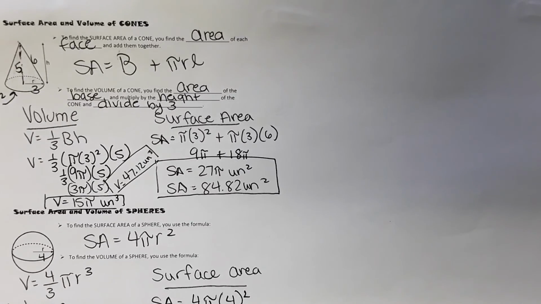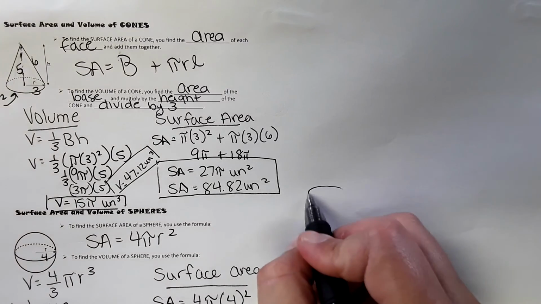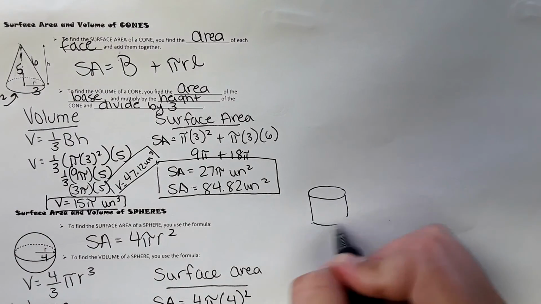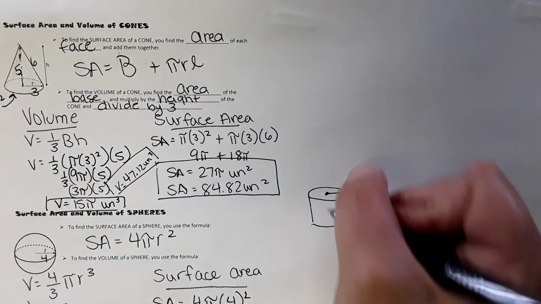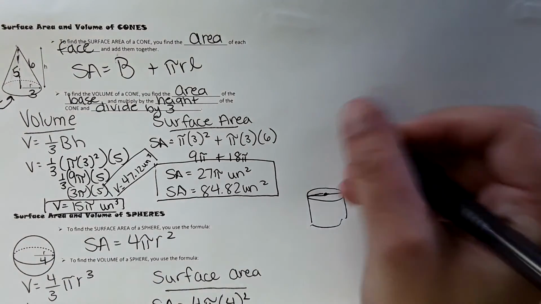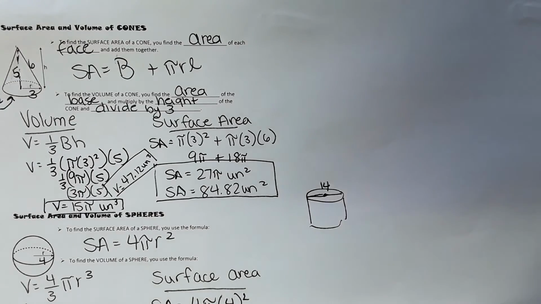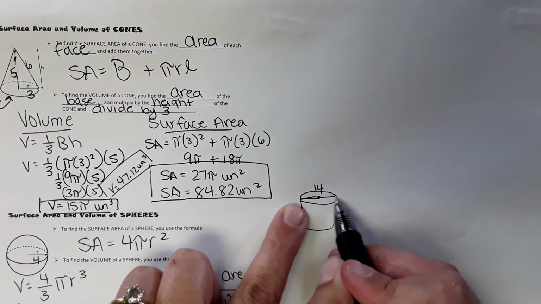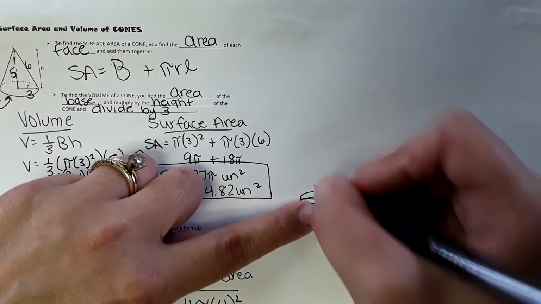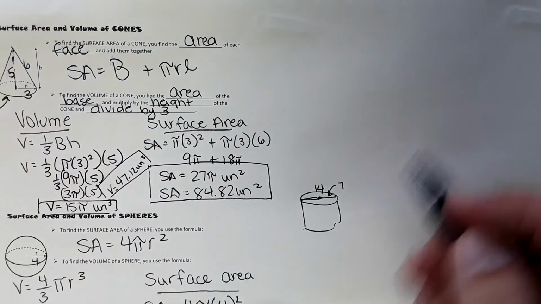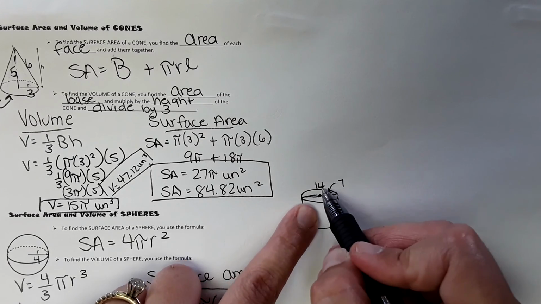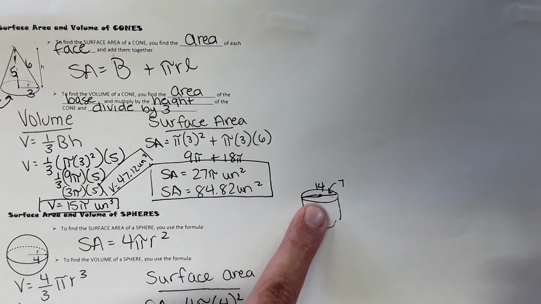Okay, one more thing that is in there that I didn't mention. So let's say you have a cylinder right here. For most of these examples, we were just given radius. Sometimes in the homework, it'll show an entire line drawn across, and it'll say like 14. If that entire line is drawn across, 14 is the diameter, and sometimes you have to divide that by 2 to get just the radius. So just keep that in mind. If the line's drawn all the way across, that means that the number they gave you is the diameter. Just divide